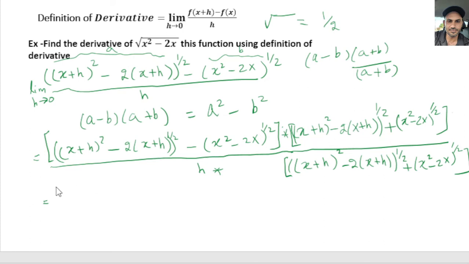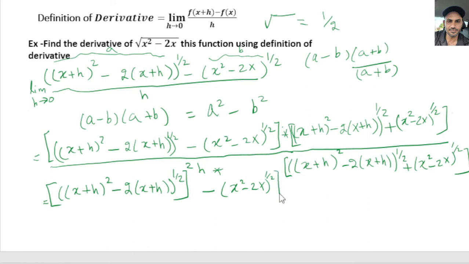So we get, so it would become, we have x plus h squared minus 2 x plus h, and everything raised to 1/2, and then we square that, and minus b squared would be the second term, this right here, so that becomes x squared minus 2x raised to 1/2, and square that part, and then divided by,